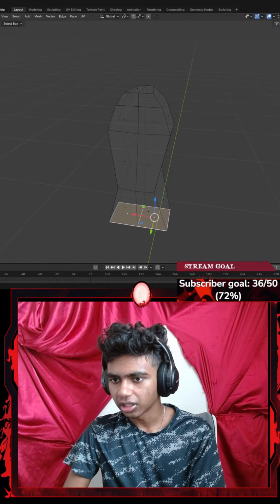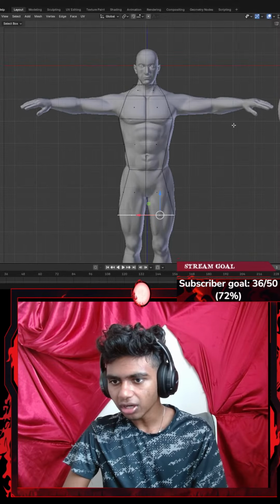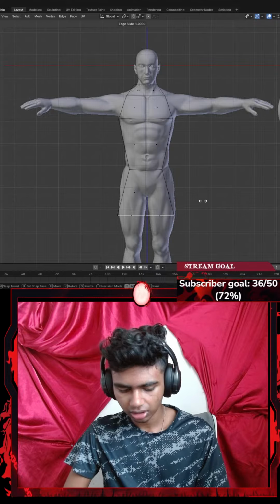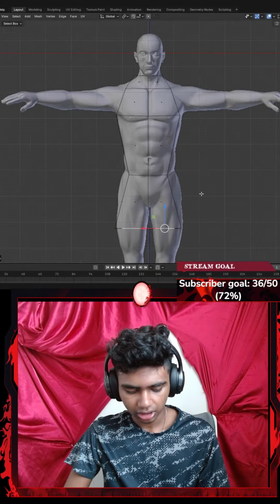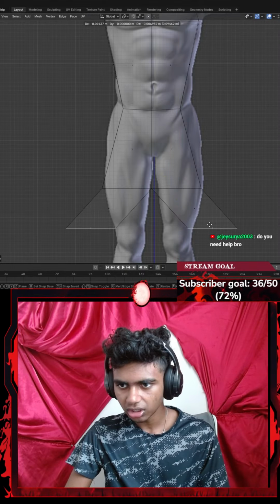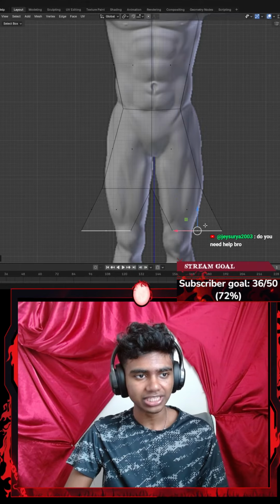Or what if I close my clipping? If I turn my clipping off and then I click E to extrude, G to scale. Wait, let's go with Control Z. Let's go with E, and then if I hit G, there we go. Okay, guys, it was the clipping. Got me scared for a bit.